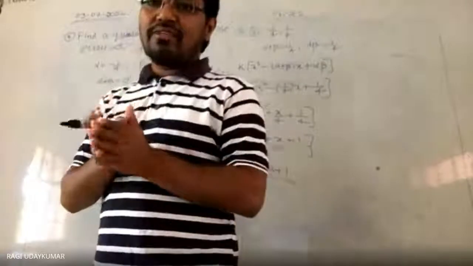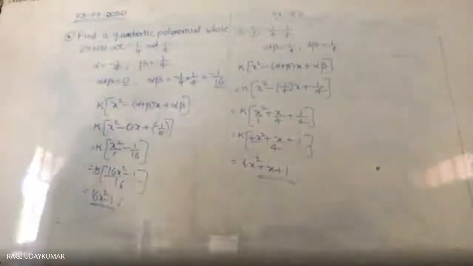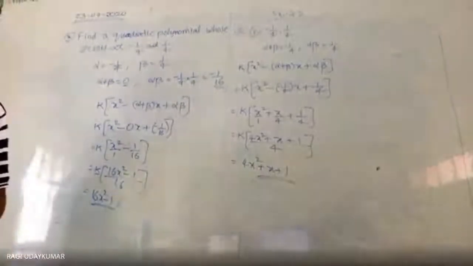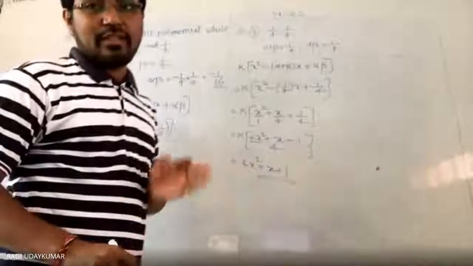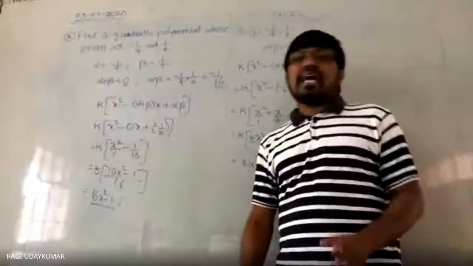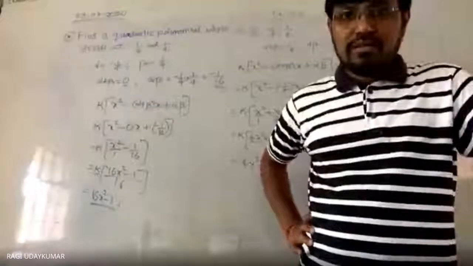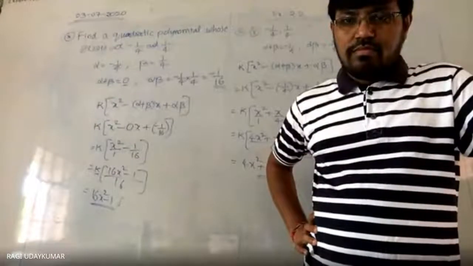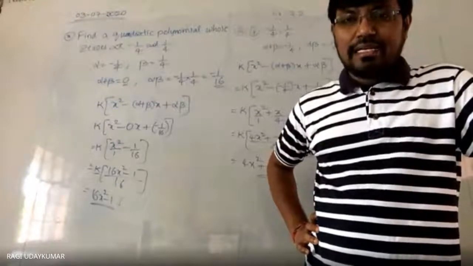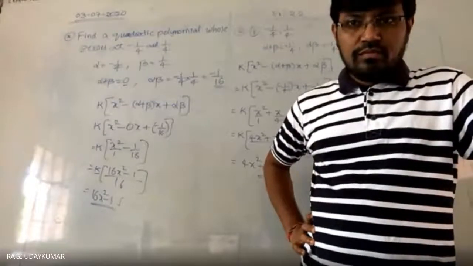There is a lot of difference between these two model problems, but this model is not given to you in your textbook actually. But most of the students will get confused with this. That's why I am particularly explaining this model. If you have any doubt, please ask me. In the next class, let us go for the division algorithm for the polynomials. Is it clear? Do you have any doubt?